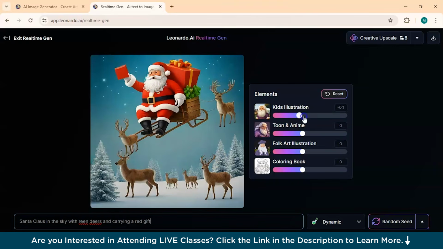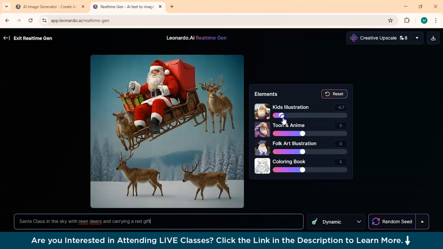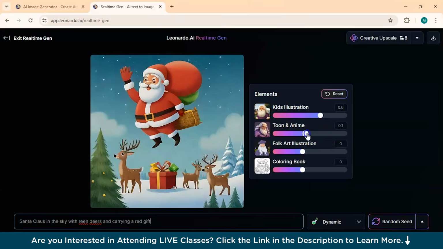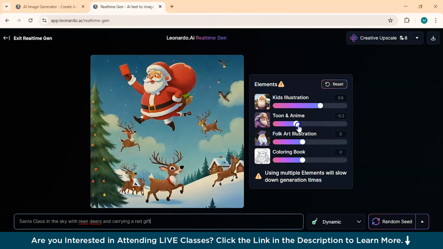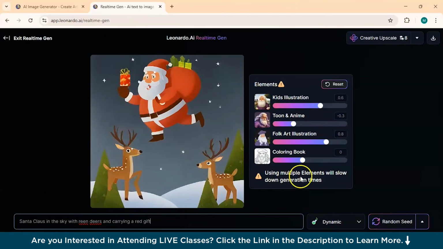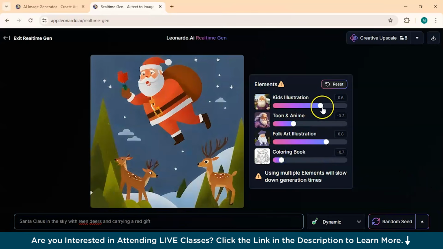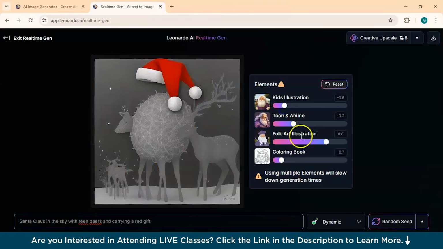So if I increase kids illustration more, then it will appear like this. I have toon and anime. If I increase and if I decrease the folk art illustration, using multiple elements will slow down the generation time, obviously. And if I use this coloring book, it looks very funny. So if I will reduce this and the kids illustration a little bit low,